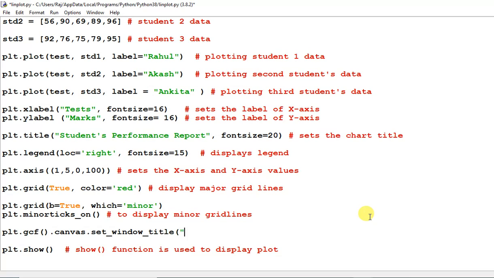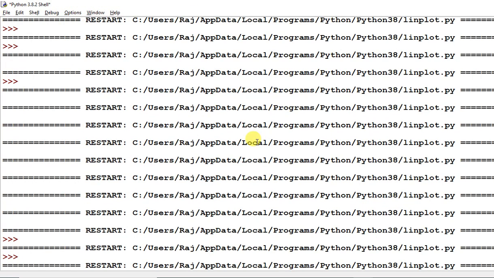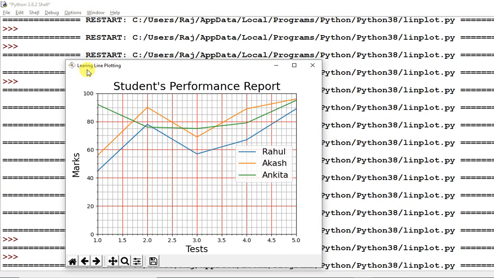Learning line plotting. So this sets the window title. Now you can run this program and check. Look here, the spelling of learning is not correct, so I have to correct that.